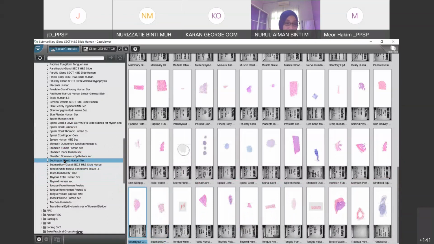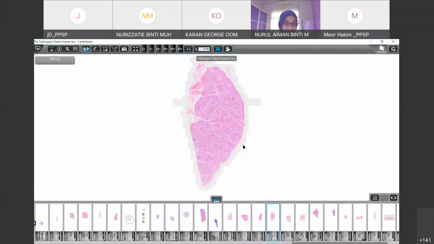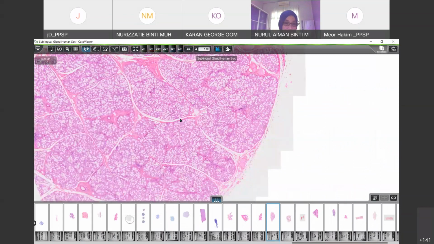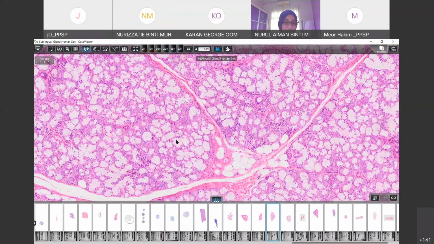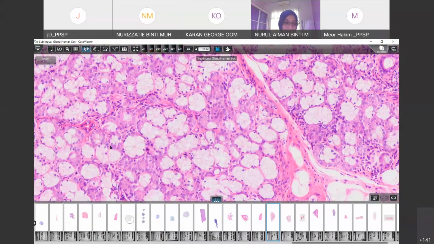Like this sublingual gland, you can see the acina is at the outer part. The serous acina is very compact in between all these tubular glands. This acina is like this, and the tubular is like this. But the tubular is more, so the acina just forms